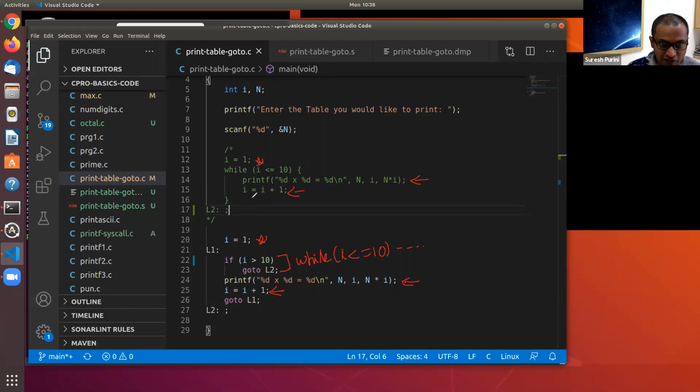And there is an invisible go-to statement at the end of the while loop, and that go-to statement is explicit on line number 26 here. So at the end of the while loop, there is an implicit go-to statement.